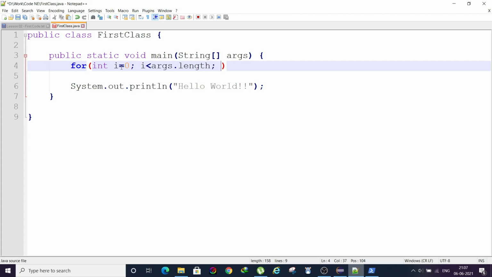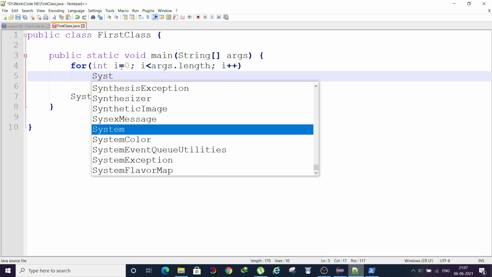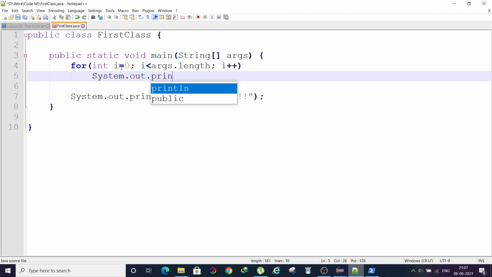Even if you are not that familiar with for loop, nothing to worry. As we progress in our class, I will explain what for loop is, how to use for loop in Java, and all those things. So for, then you can come here and System.out.println. Here we can print the element of the array.